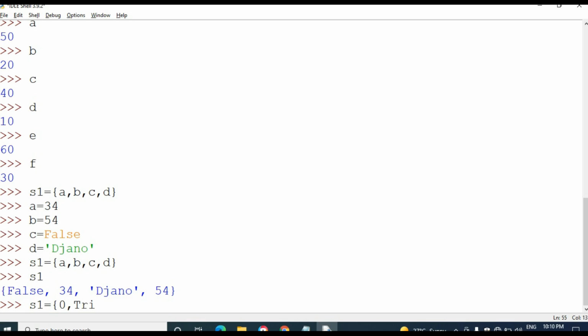Set 1 equal to 0, True, Django, 0, True, Django.